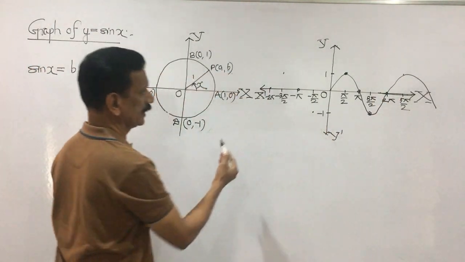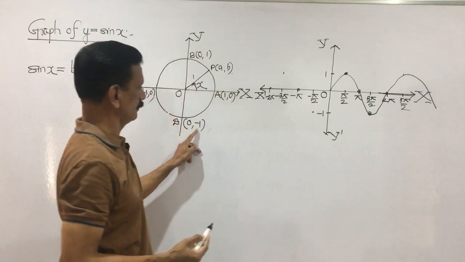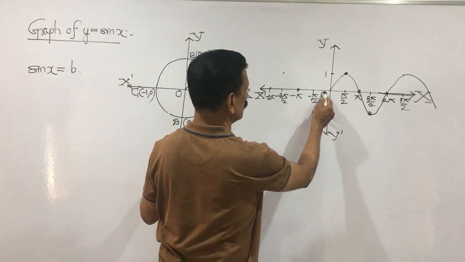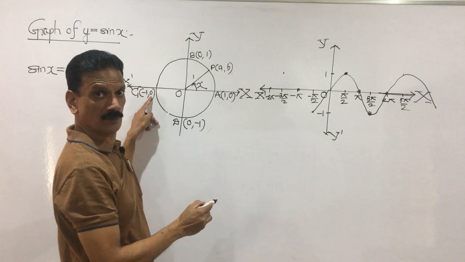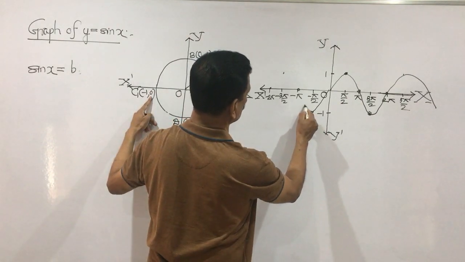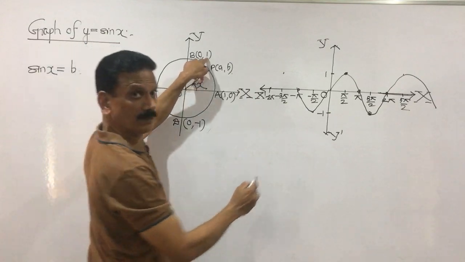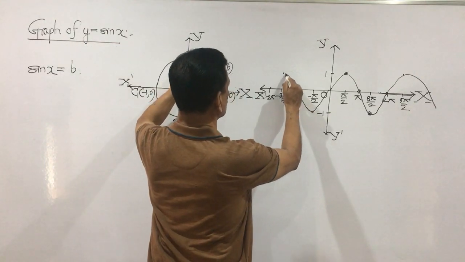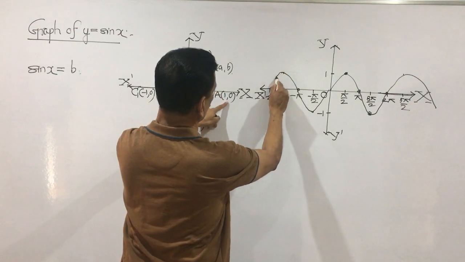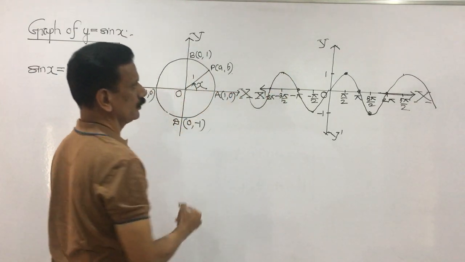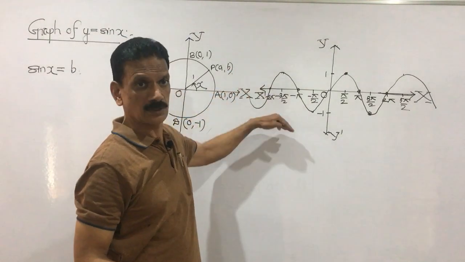Similarly, when we go to the negative values, when x is minus pi by 2 the value is minus 1, which I have shown here. So I join this, we get 1 here, and at minus pi we get 0. So I go this way, and when it is here the value is 1, it goes from 0 to 1, so it goes up. When it comes here its value becomes 0, so here also it oscillates between minus 1 and plus 1.